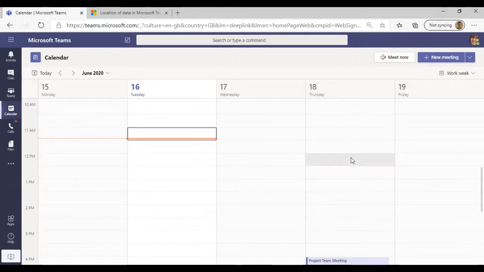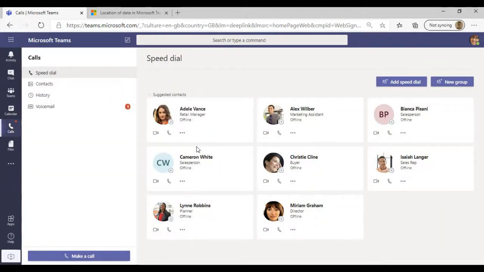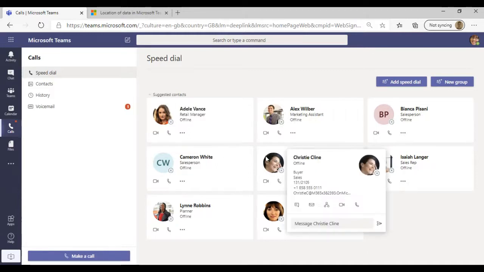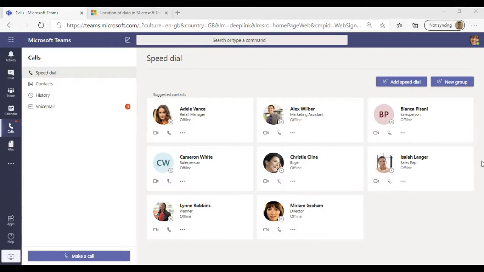Now, one thing to note when we start to look at things like calls, as a lot of you have probably seen by my funky background, Teams has enabled the ability to have custom backgrounds and also the ability to blur backgrounds as well. Although a lot of people will see this as a bit of a nice to have, if you have particularly sensitive information behind you, you might want to blur that background. I have to say it works very, very well. It frames my lovely face very well.